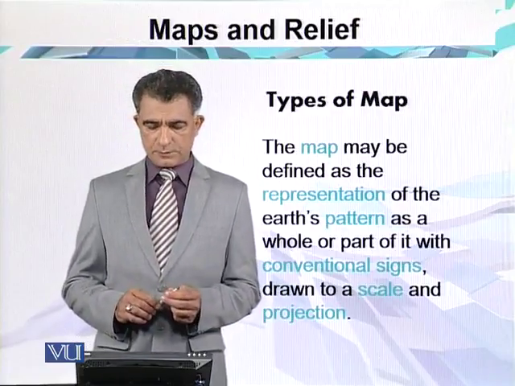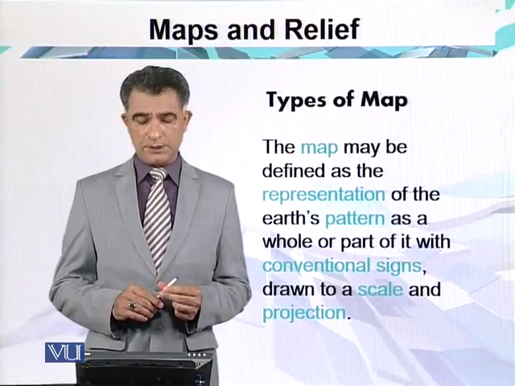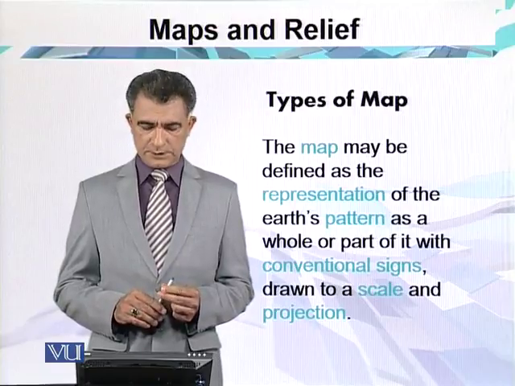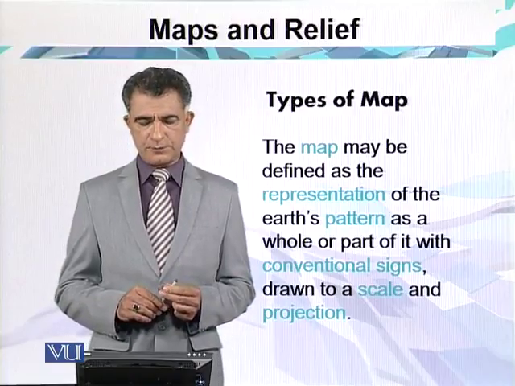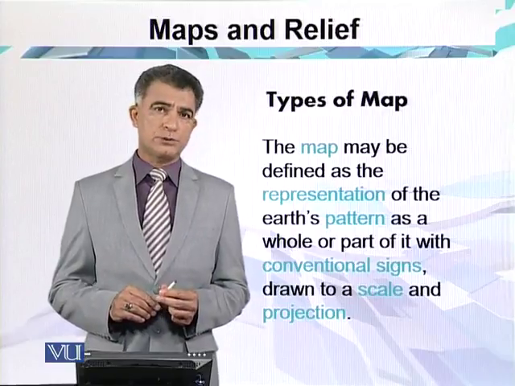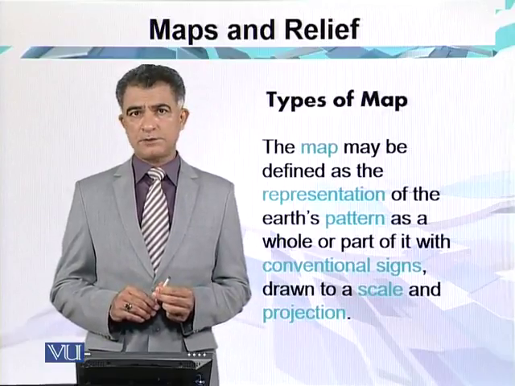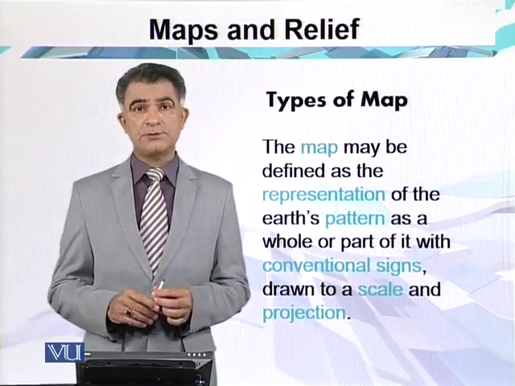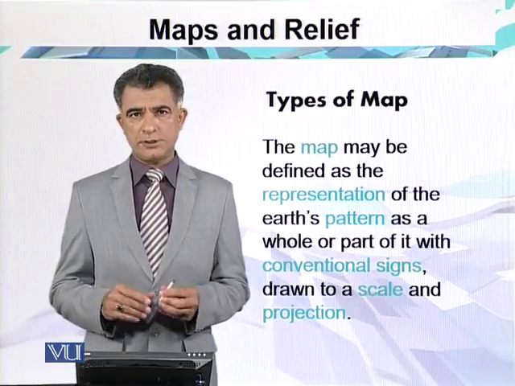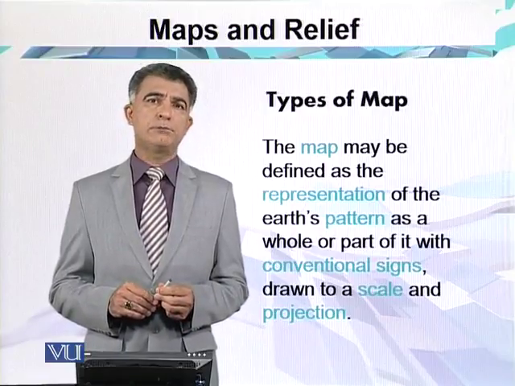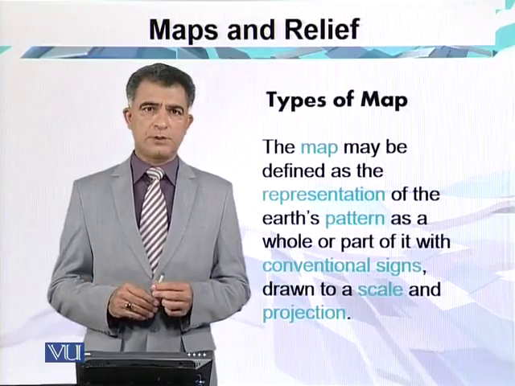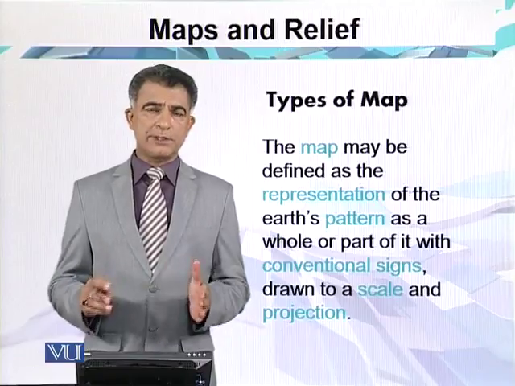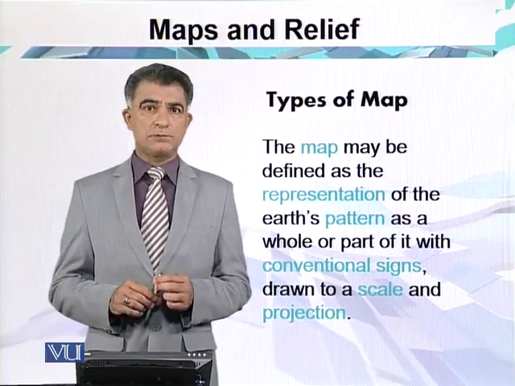The map may be defined as the representation of the Earth pattern as a whole or a part of it with conventional signs drawn to a scale and projection. So it means it is not only used for making a map of a part of the Earth, as country-wise or continent-wise, but also we can make a map of the world. That's why maps are not only used for a particular area, but also for the whole of the